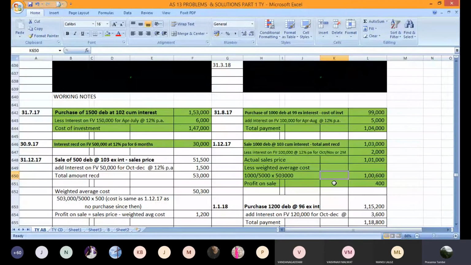Okay. Did you follow the calculation here, including the weighted average cost? Yes, sir. Calculations are clear. Okay. Write down the working note. Somebody has difficulty? Any clarification required? Yes, any clarity is required? Any more clarity? No, sir. Okay. Then write down the working note. And then we will discuss the accounting part. First, write down the working note.